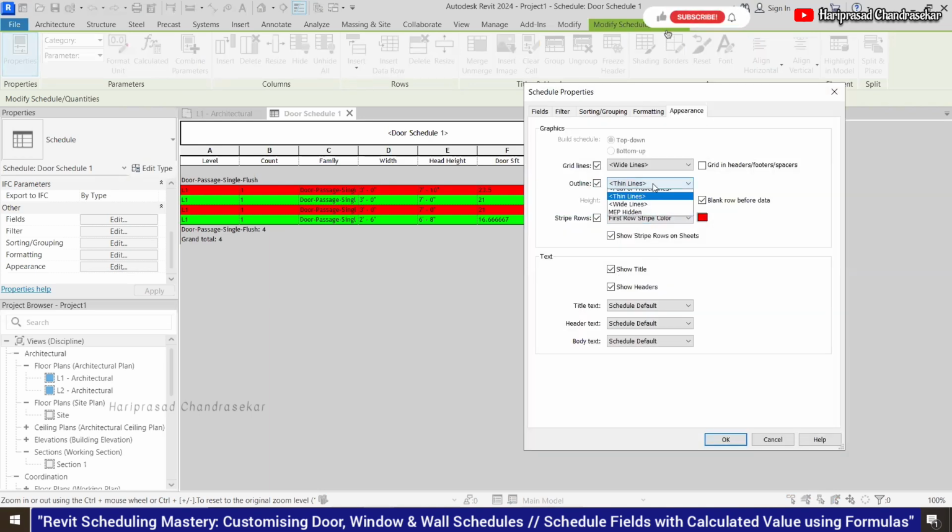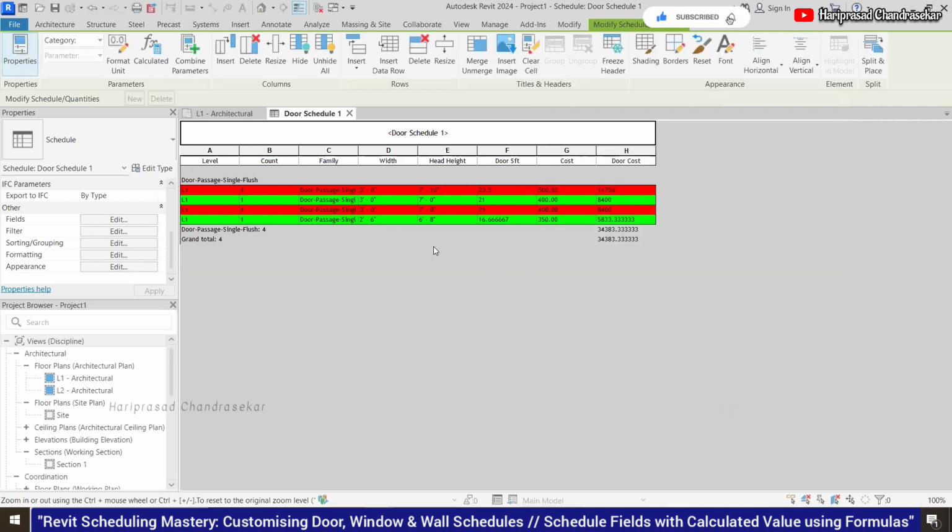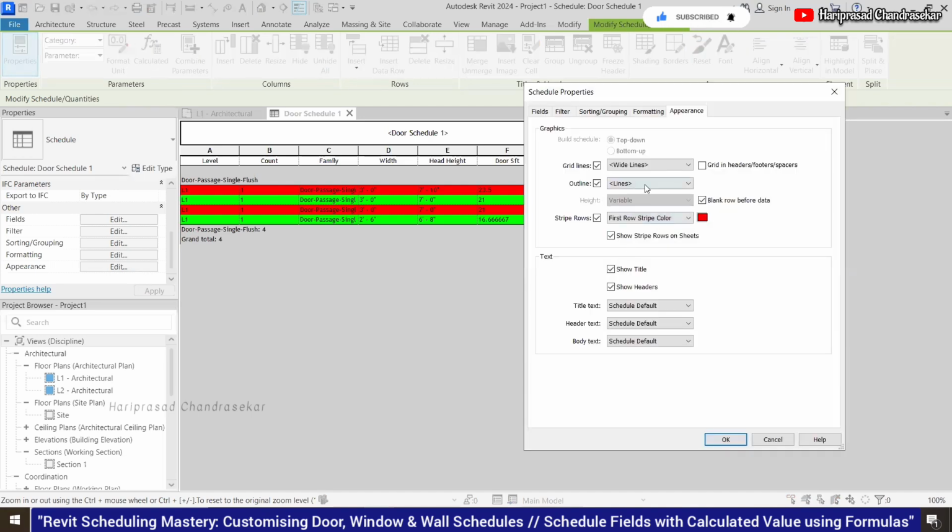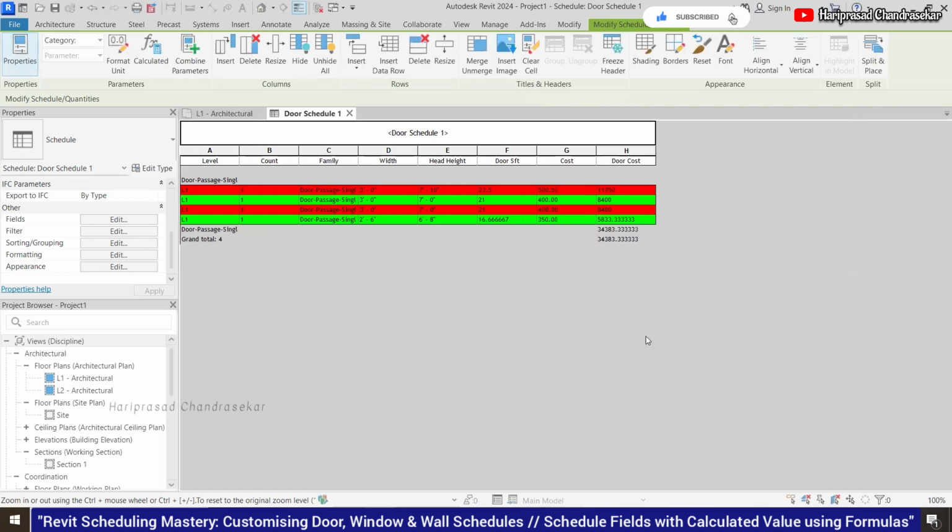Outline, if you want thin lines. When you click OK, you are getting such appearances. Okay, white lines, and here I will go for hidden lines outline. Then click OK.